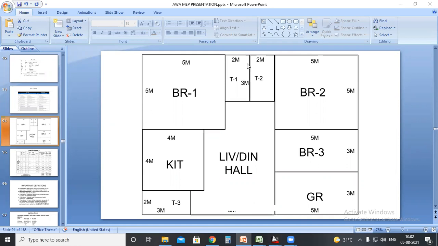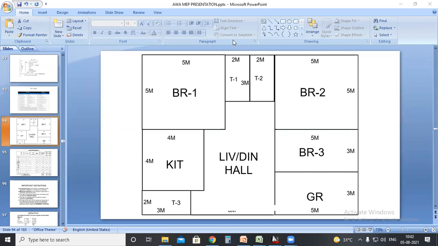So basically, this load schedule is the main idea that we get, like how we can select the distribution board, what specifications, and which circuit breaker is required for the particular area, and what shall be the cable size, incomer size. All these details we will get after doing the load scheduling, circuit preparation, and finally the load balanced condition.